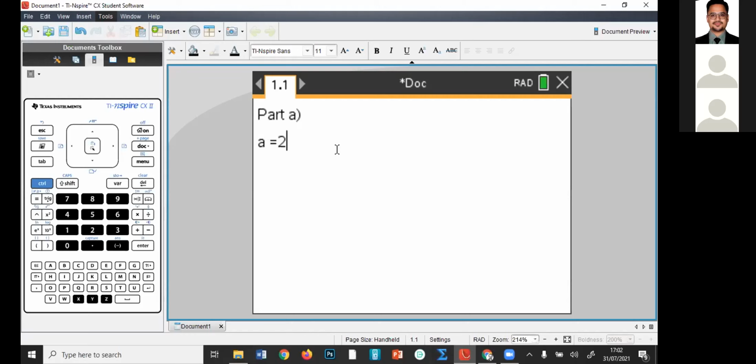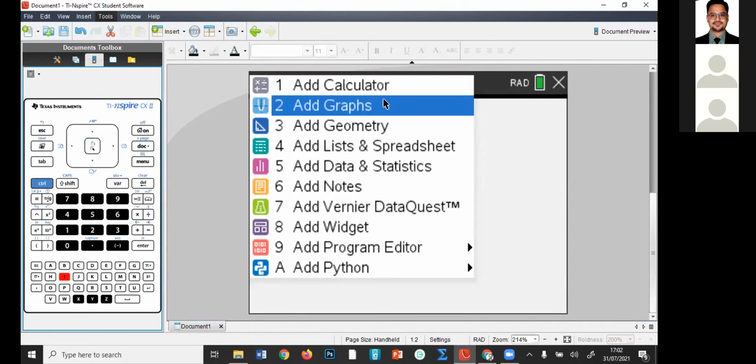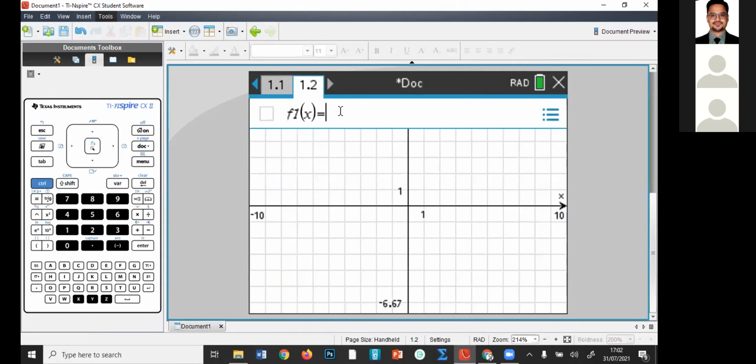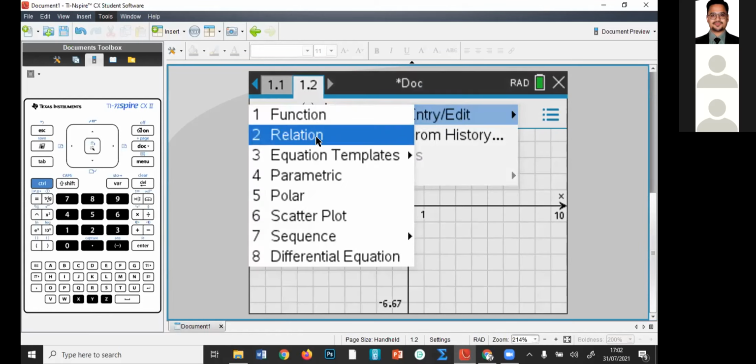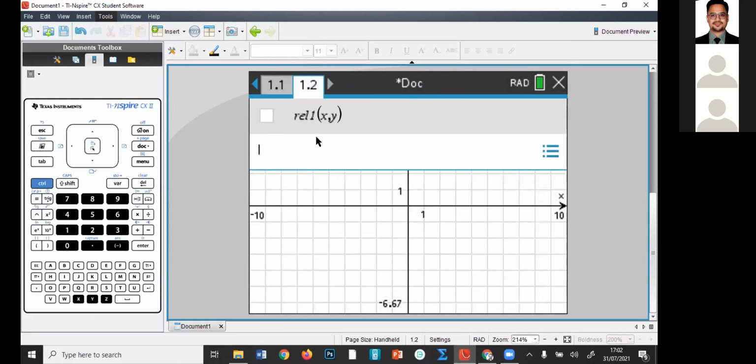Part C, find the equation of normal to C at the point A. Now, when we find the equation of tangent to C at the point A, we can draw this implicit function, and we can do this in 2 ways. So let me open a new graph page. In the new graph page, we can change it to relation. So in relation, we can write